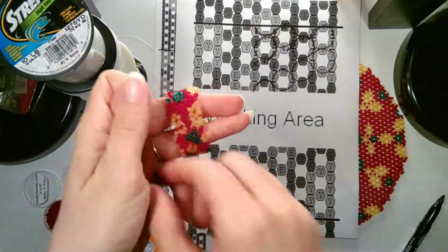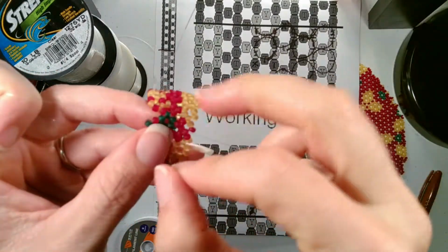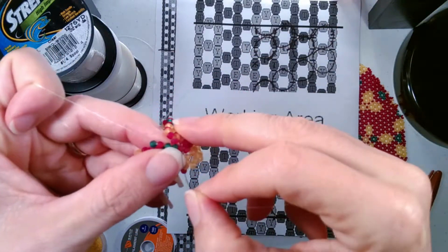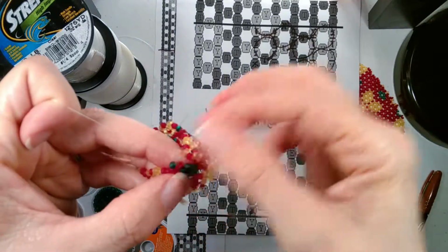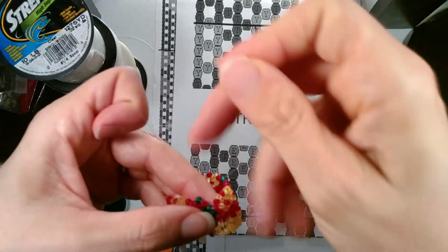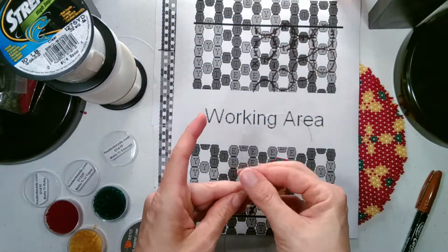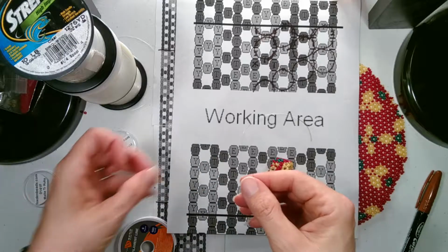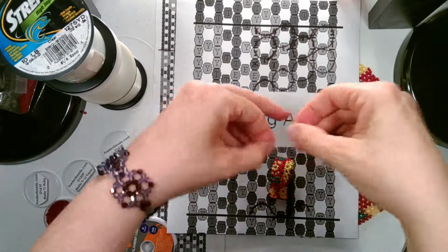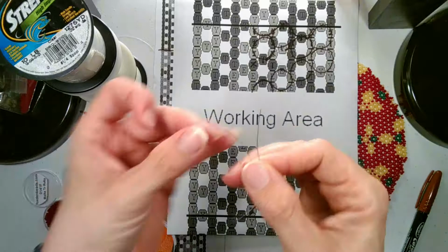So we'll take our right string, go through the two side beads, and the bottom bead of our circle on the other side. Then we'll take our left string and we will add a green, and we'll take both of our strings, we will cross with a red,